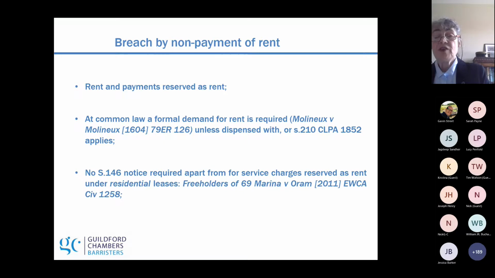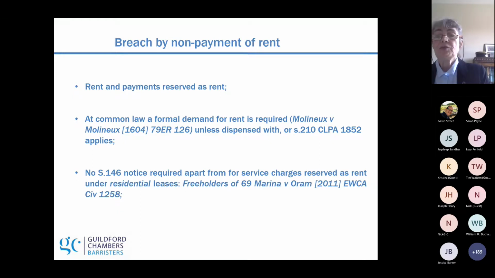It is important to check that the forfeiture clause in the lease you are looking at includes the phrase "rent whether formally demanded or not", because this means that the formal demand can be dispensed with. Otherwise, subject to one statutory exception, the landlord must comply with archaic rules for a formal demand, which are contained in a series of Tudor authorities. And these include making the demand on the land itself on the last day for payment, before sunset, and then continuing until sunset. So you can see that there are obvious benefits of the demand being dispensed with.